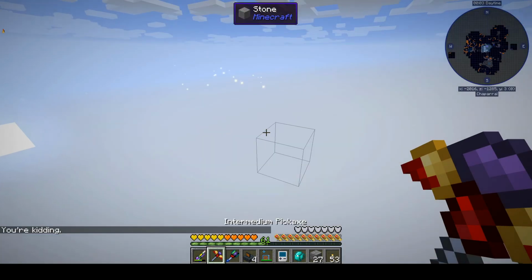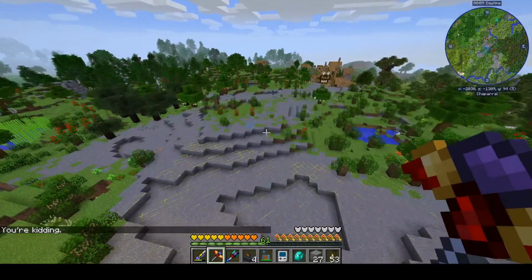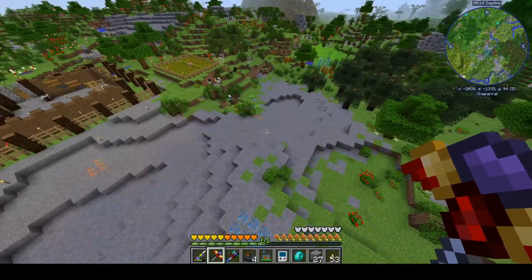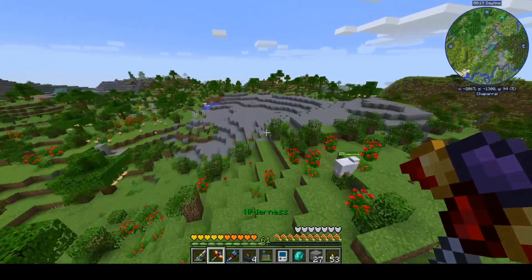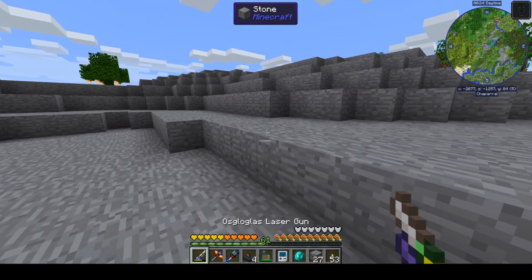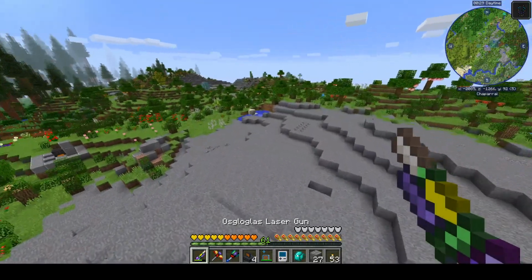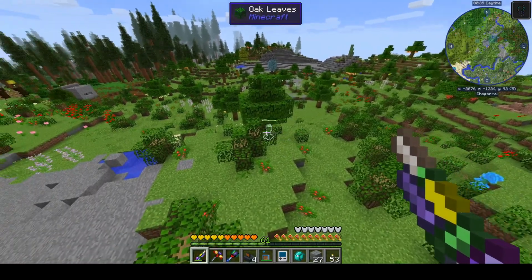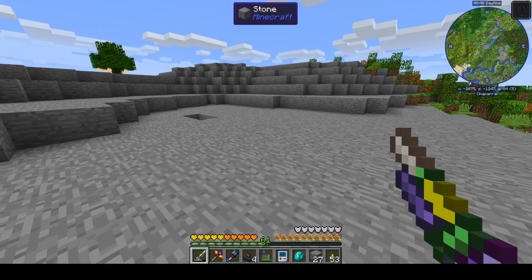Alright, let's head upstairs and try and find a flat spot to put this. Let's see, flat spot. This will probably work. Make sure there's no monsters around to interrupt us. Especially creepers. Okay, so